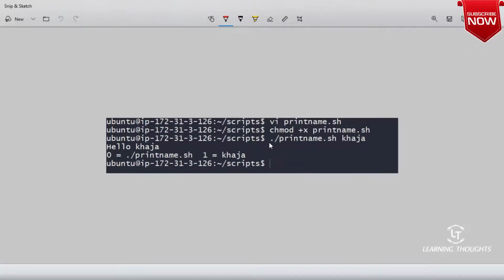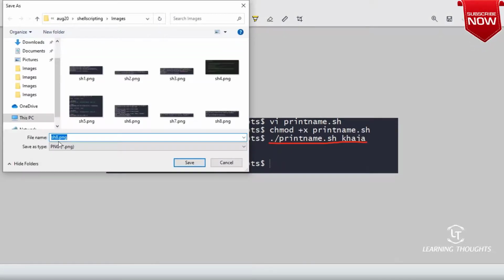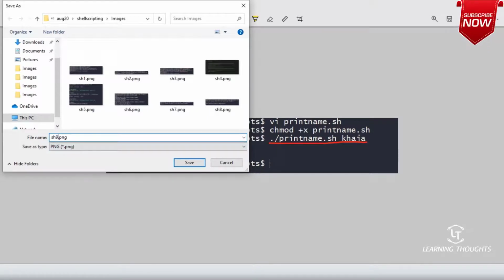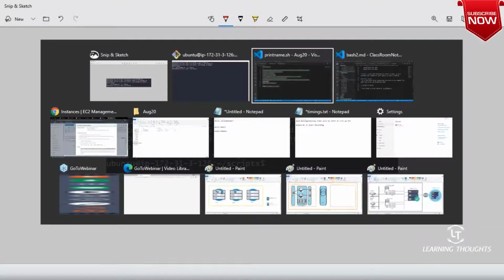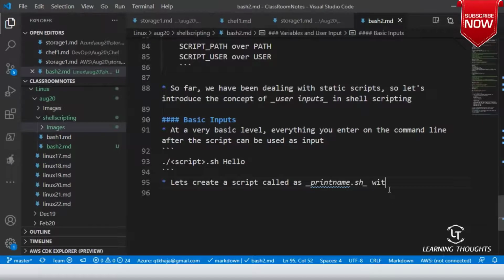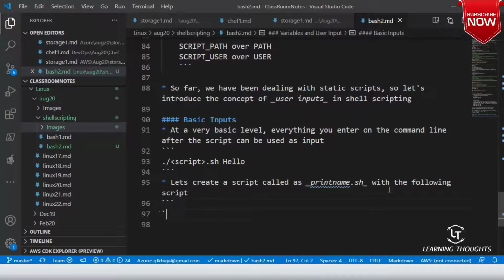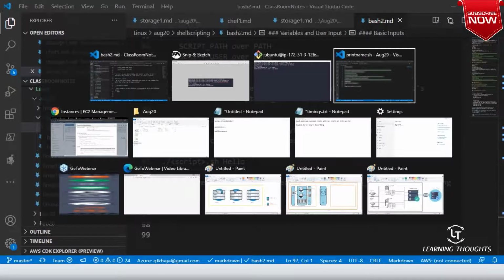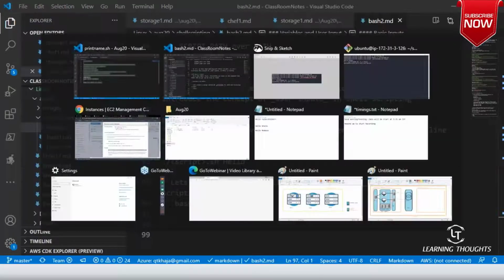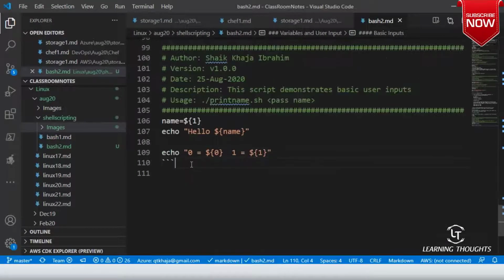So this is $0 and $1. Now execute the script.